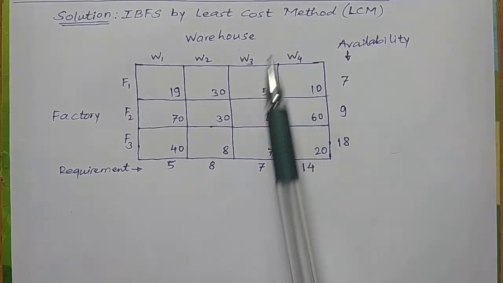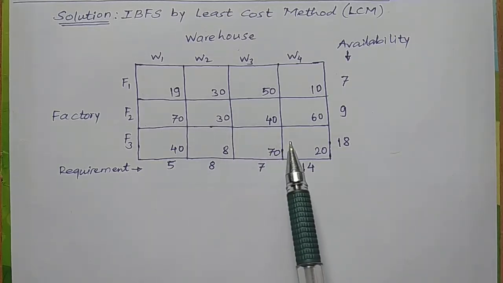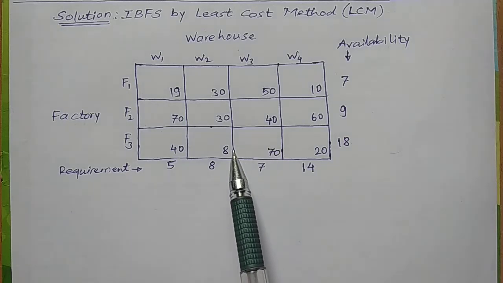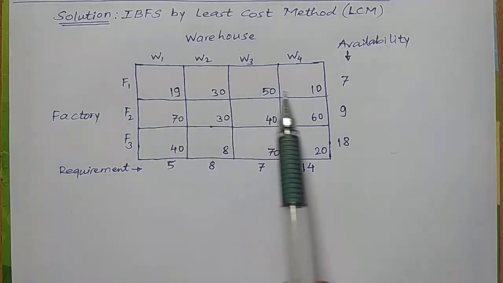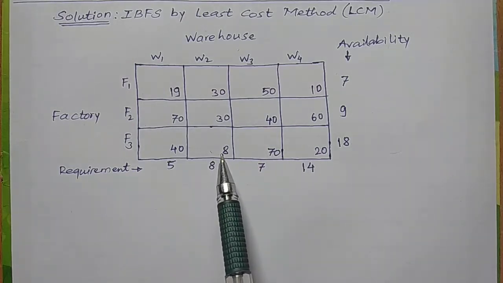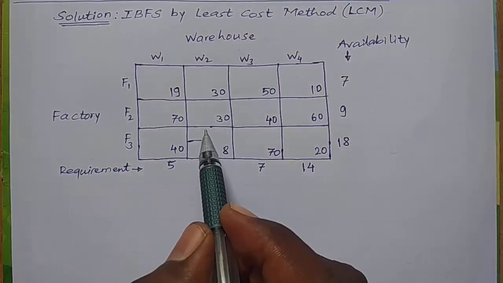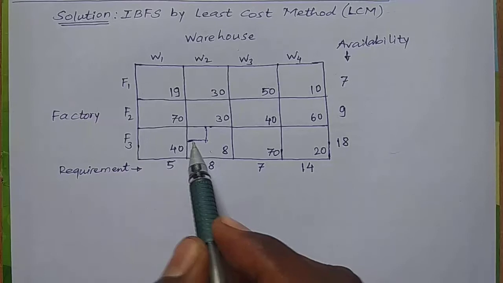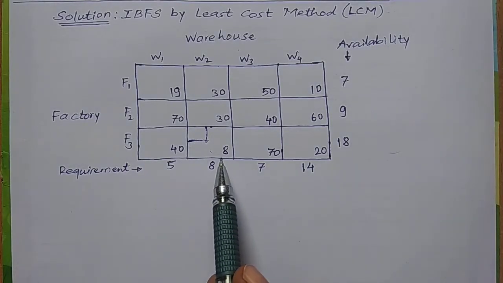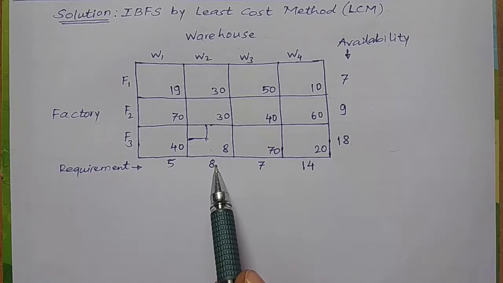So as per this method, let us locate or identify a cost which has the minimum value. So if you observe in the cost table, this cell contains the lowest cost. So let us make the first allocation at this cost. The allocation is made in the upper left corner of that least cost cell. So how much allocation is possible? Allocation is nothing but the quantity which we want to allocate at that cost.